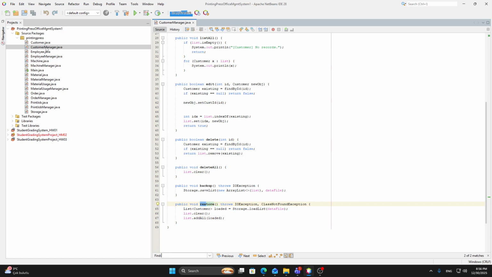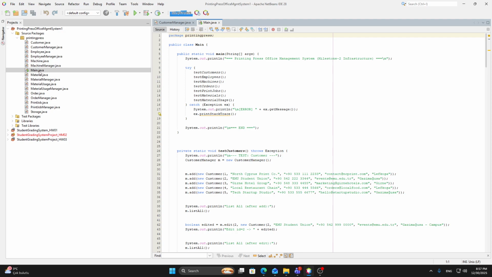Let's open my Main.java. All CRUDL methods are tested in the main class. For each entity, I follow the same test sequence used in Homework 1.